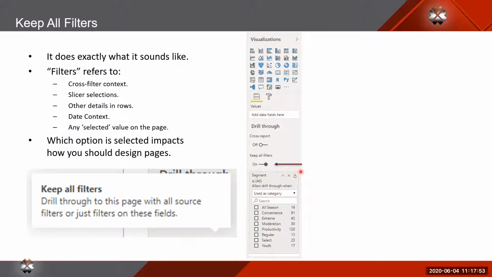Usually you want to conduct a lot of testing so that you can ensure that you are inheriting proper filters and not getting any factors removed or added that you don't want your users to be seeing in that drill through user story. So the selection on keep all filters definitely has impacts on how you should design your drill through pages. And moving on to how you should design your drill through pages,